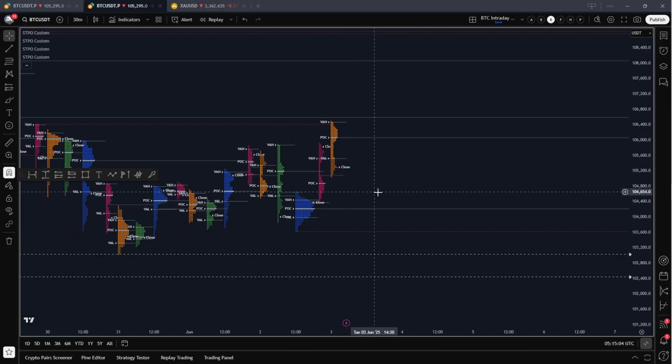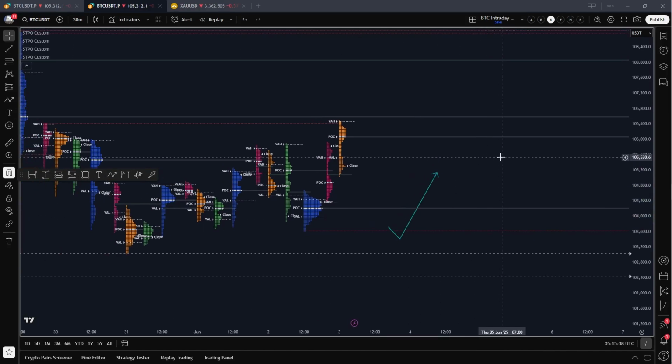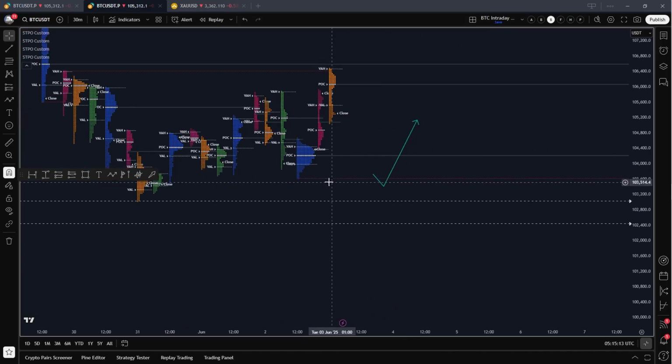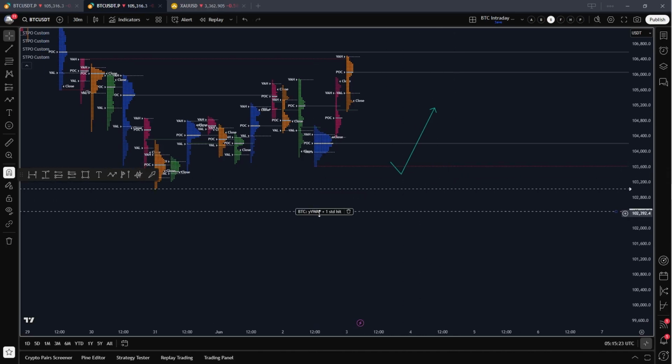My go-to POI for today is either we are going here, or as I've mentioned before, if we fail to have a good reaction and good flow, I'm expecting some kind of reaction on the previous weekly low or at yesterday's VWAP band.